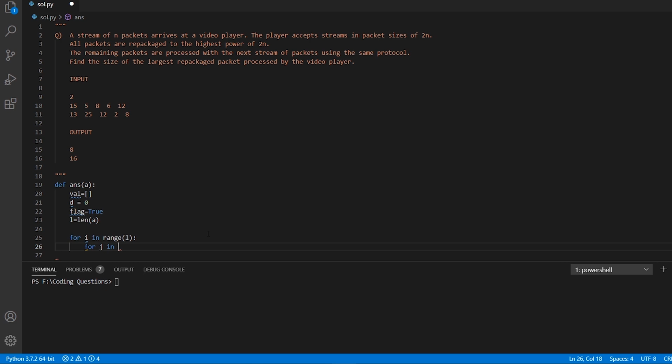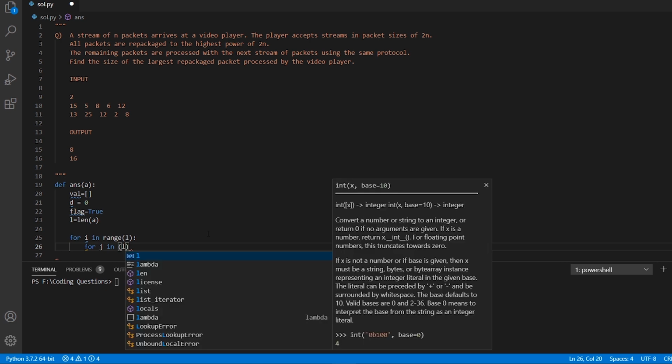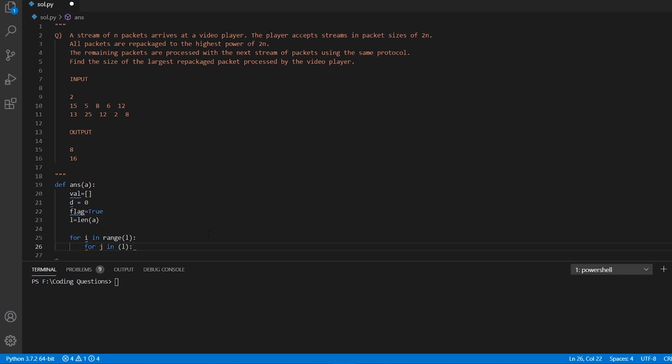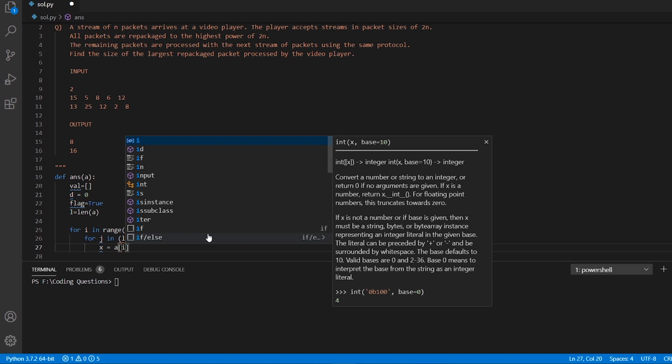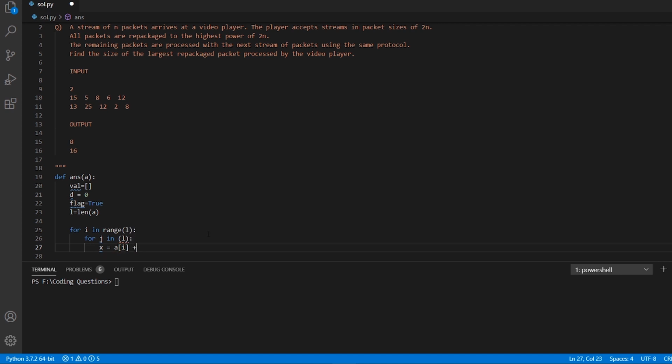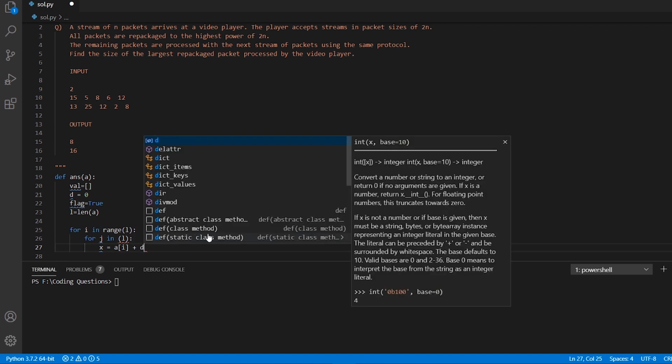So I will write for j in range, again iterating up till the length of A. Now what we are going to do is create a variable, say x, and in this variable x we are going to store the ith element of our list A, and we are going to add the difference d to it.